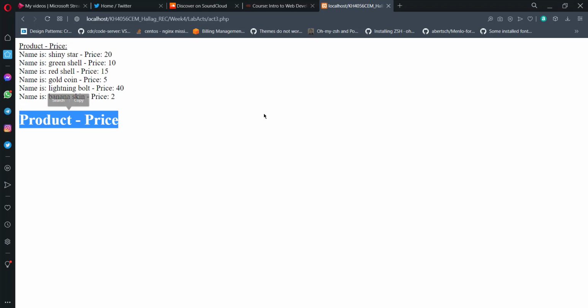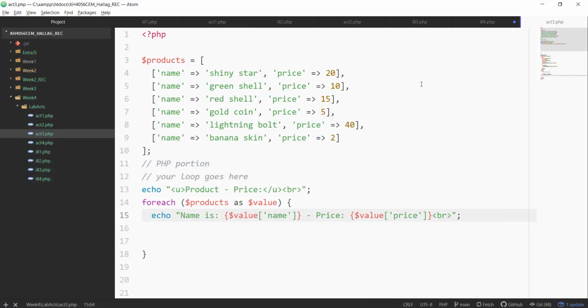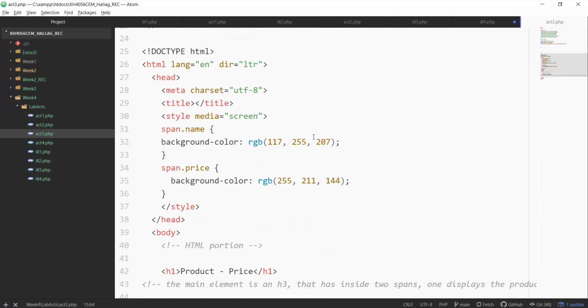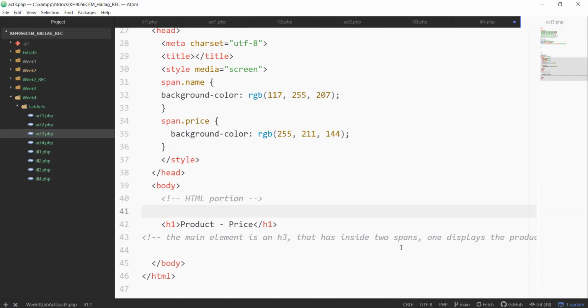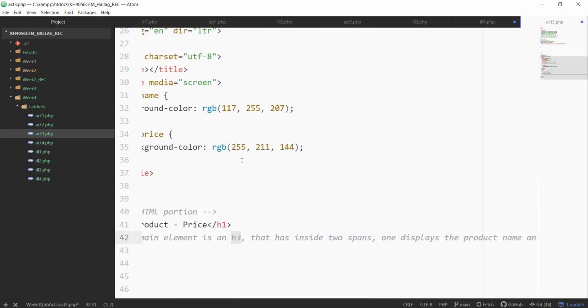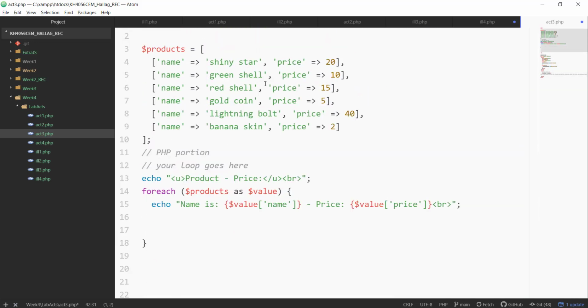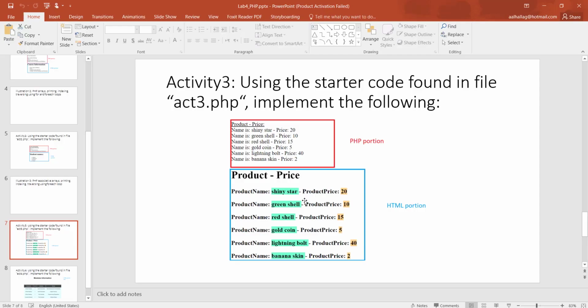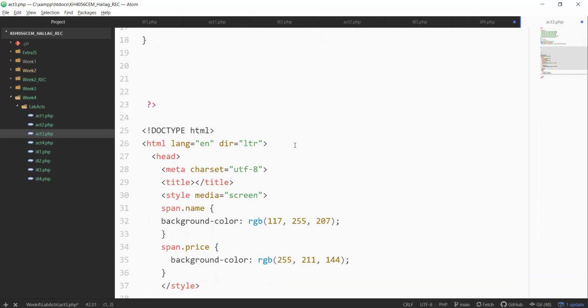Now let's do this, or inject this into HTML, and this is the annoying part. Now let's just see what are the guidelines that I gave you. So we have the main element is an H3. Okay, what I mean by the main element is that if you took a look at the PowerPoint here, this line is an H3, all of these are H3s. Okay, I think this is an H1, we don't really care about the title here. So all of these are H3s being generated inside the loop. Alright,